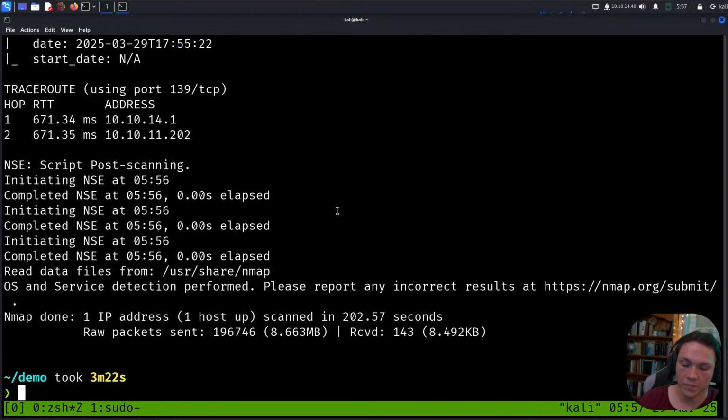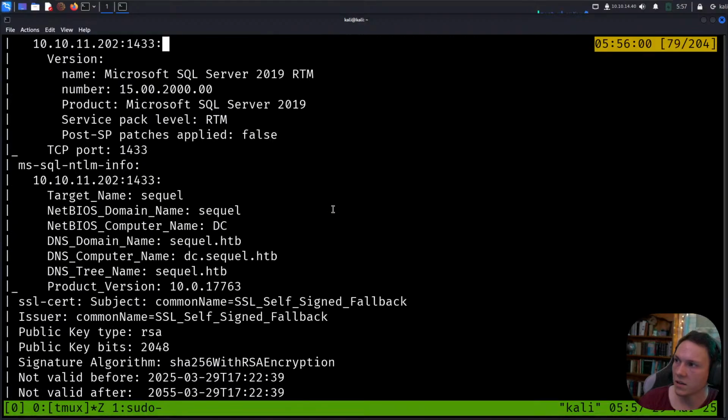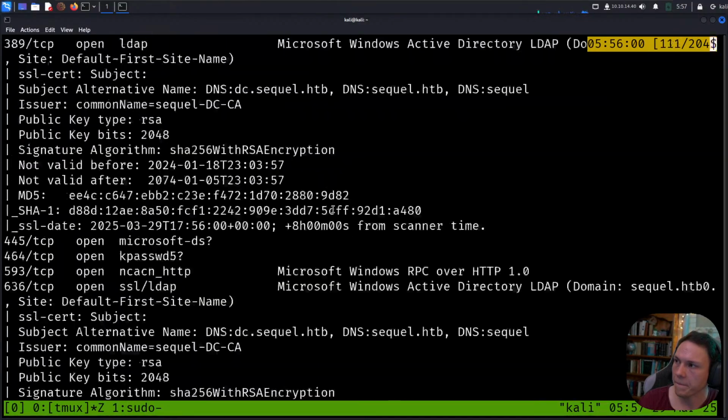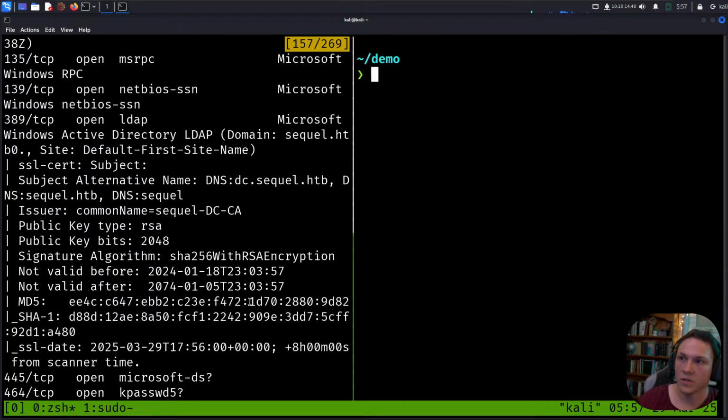So we also know that, if we go back up here, we will note that we have 445. And it's always important to note this, because what we want to do with port 445 is check for SMB. So I will switch over to this pane and we will do a simple smbclient